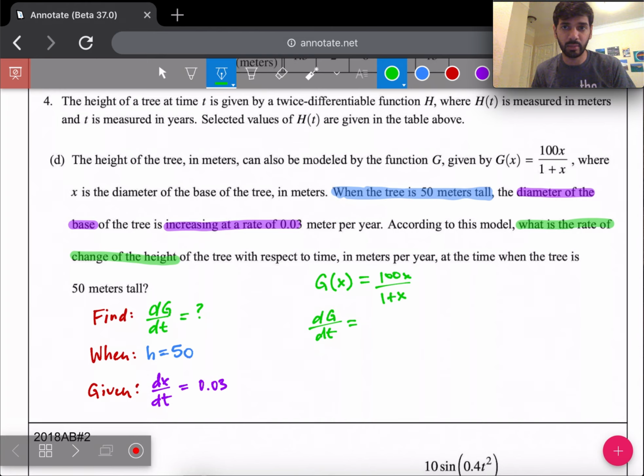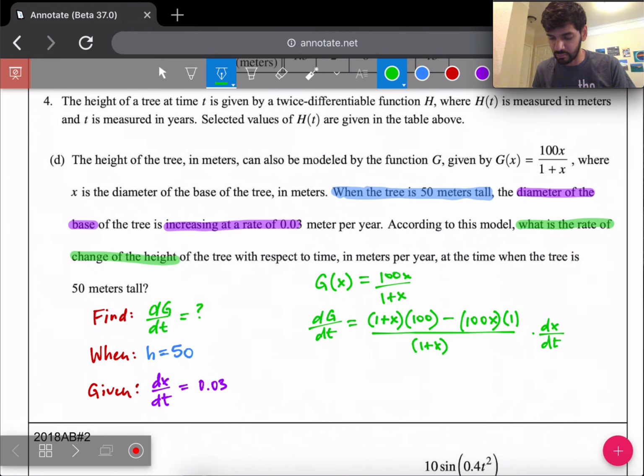So I'm still going to use my same rules. This is going to be a quotient rule. Low d high, so 1 plus x d high minus high d low, 100x times the derivative of the denominator is just 1, all over low squared. But since I took the derivative with respect to x here, I need to multiply by dx dt. So now I have all the elements. My unknown is dg dt,